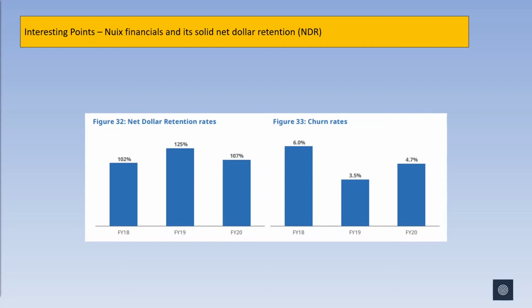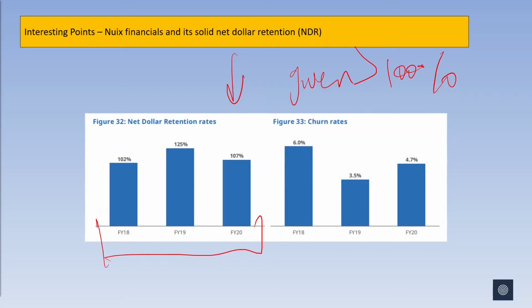Achieving a net dollar retention of greater than 100% indicates that the net value from renewals and upsell renewals in a given financial period exceeds any value decrease from downsell renewals or churn. What does this mean? This means that growth from the existing customer base more than offsets the losses from that same customer base. In this figure, you can see that in all 3 years, it is over 100%, meaning that there is growth within that confined